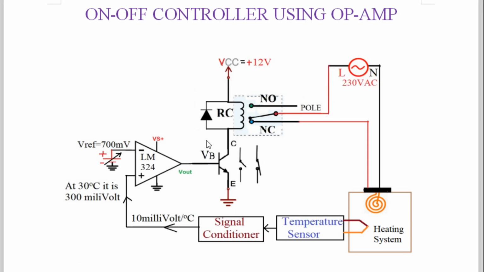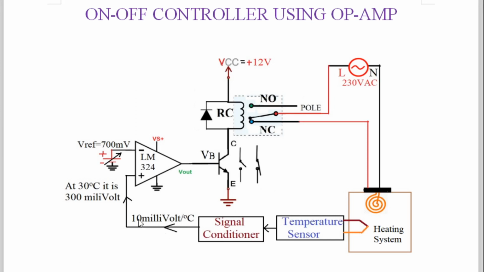In this way, in the beginning, as explained earlier, when the transistor is an open switch, the relay coil is not magnetized and the pole is connected to the normally closed terminal. Therefore, as soon as we turn on the power supply, the live terminal gets connected through the normally closed terminal to the heater coil, and neutral is already there. Therefore, the heating process will start. Now when the heating process starts